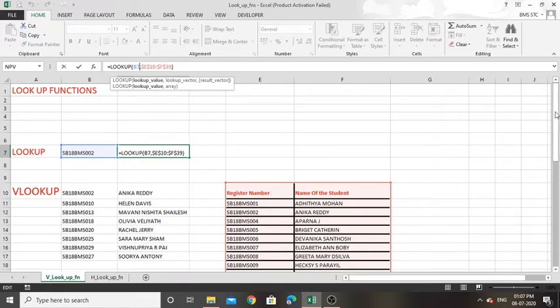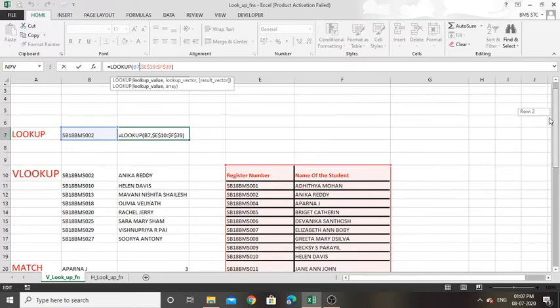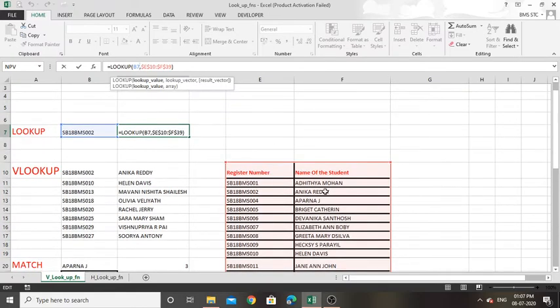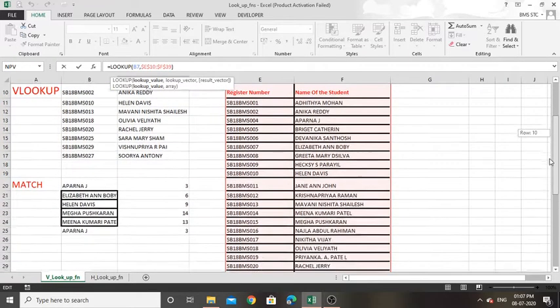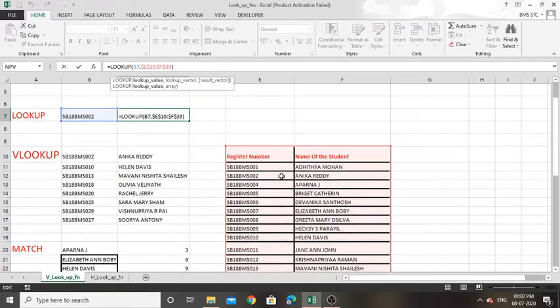This table I kept as the second argument, like E10 to F39, and please make sure that the reference vector value, that is the cell values of the table, should be in absolute reference manner. That means you should prefix a dollar symbol before the column name and the row number.